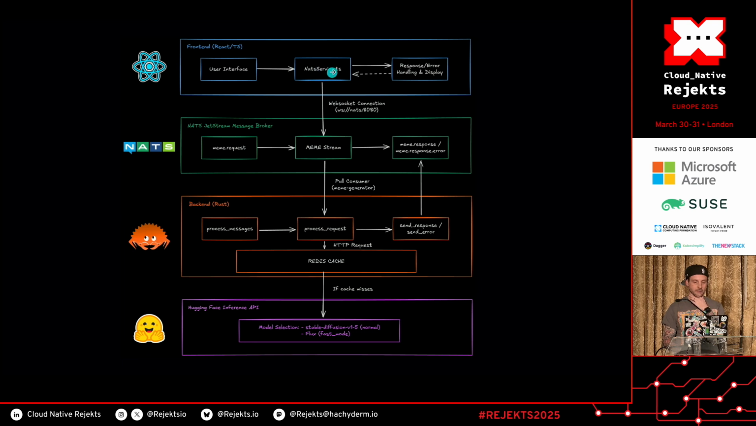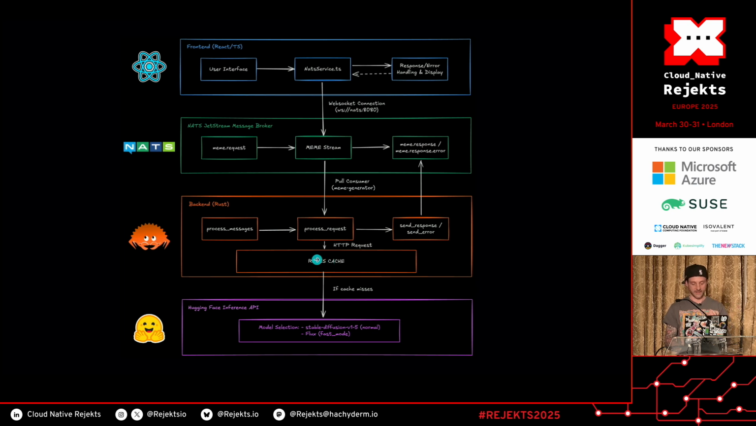From the NATS TypeScript code, we send a request to the meme request subject. I'm using JetStream for NATS because it's persistent and actually supports WebSocket, so we have a WebSocket connecting to the stream. Then we have a backend written in Rust that is going to process that particular meme request, subscribing to that particular subject. And then we have a Redis cache that is going to cache all the different memes that